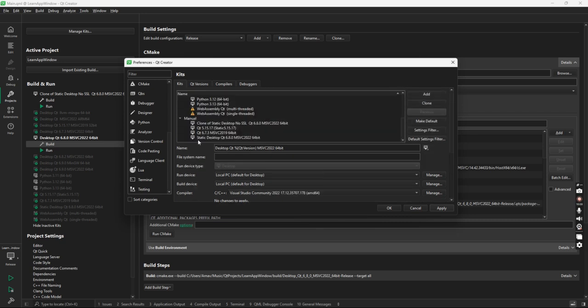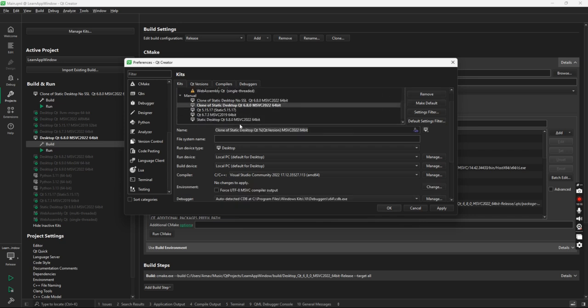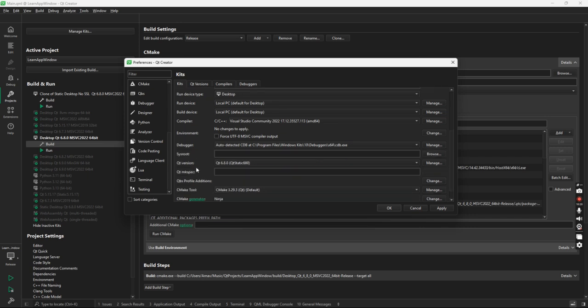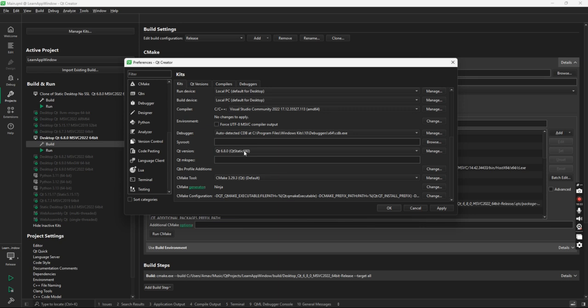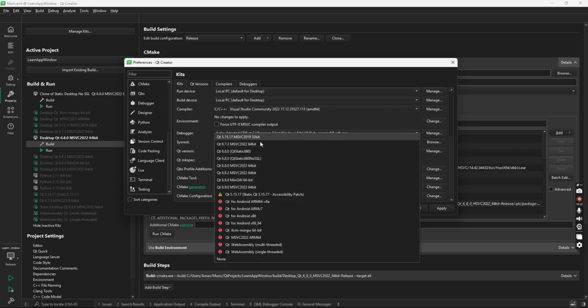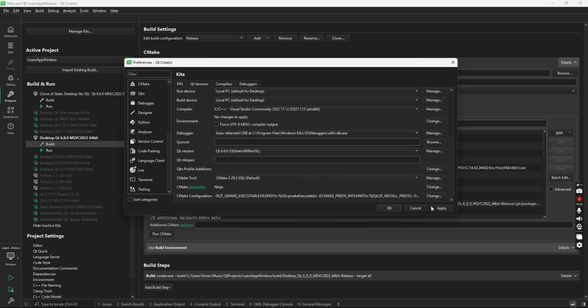Now you have to go to kits, and you can clone any kit you want. Let me clone this. I'll say clone, and you can rename it anything. I'll say static Qt 680, so that I know that this is static Qt, and set the compiler. For me it's AMD64, which is x64, right? And make sure the Qt version is the static Qt which you installed, right? For example, my Qt version was Qt static 680 no SSL, so I'll set the Qt version to this,